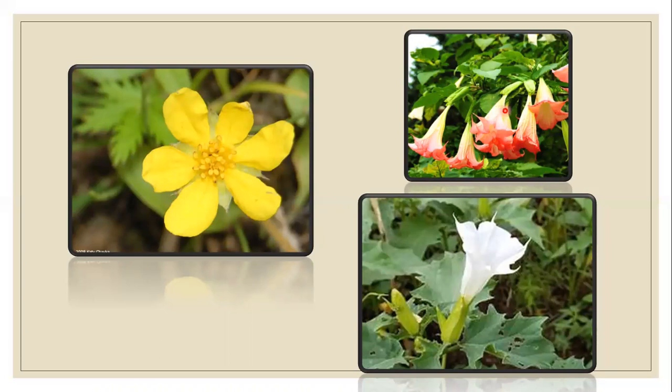Okay. Understood, children? So you have learned about 2 parts of the flower. Which are the main 4 parts? They are sepals, petals, stamens, and pistil. Sepals are the outermost part. Inside the sepals, we can see petals. And I explained about sepals and petals. In the coming session, I will explain about the remaining 2 parts, that is stamen and pistil.